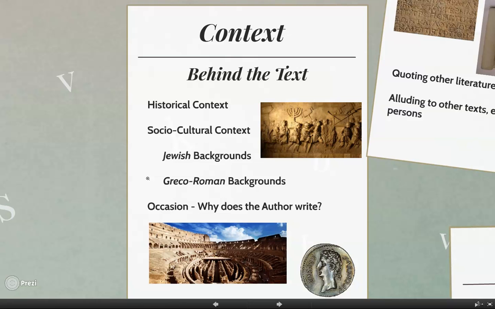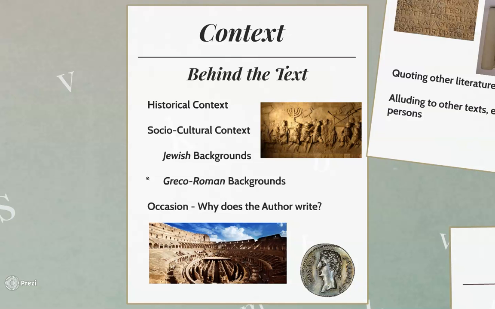And also to ask the question about, why does the author take up a pen in hand and start to write this psalm? Or why does the author pick up his pen and write the book of Deuteronomy? Or why does he pick up his pen or her pen and write the Gospel of Matthew? Or why the epistle to the Romans? What is the occasion that's going on? These are all things that they might not be shown up exactly in the text itself, but we make observations that imply that there's something going on behind the text. And we want to bring that out.